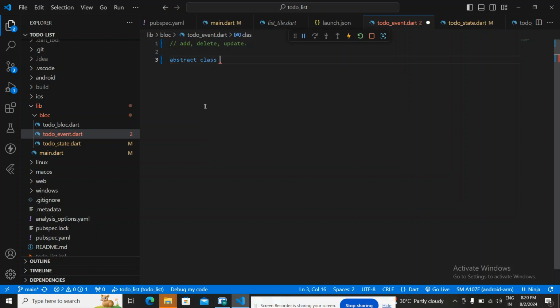Here I'm going to create the abstract class. If you are new, you can also read about why. Here we have to use the extend class, or I mean abstract class,